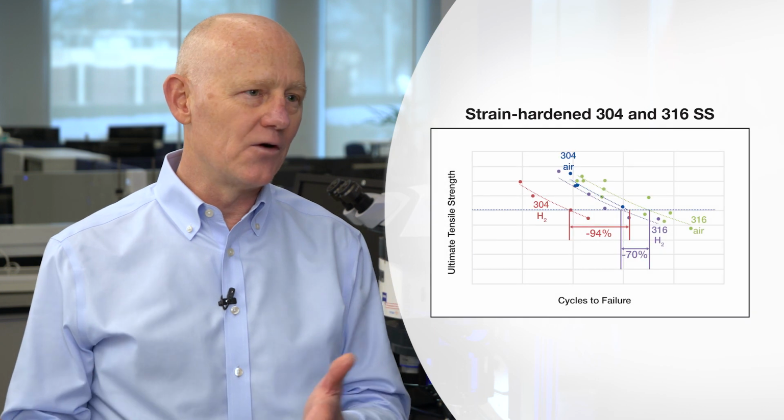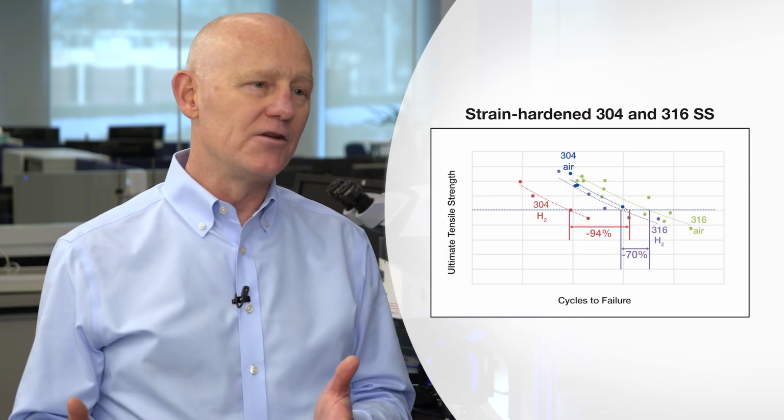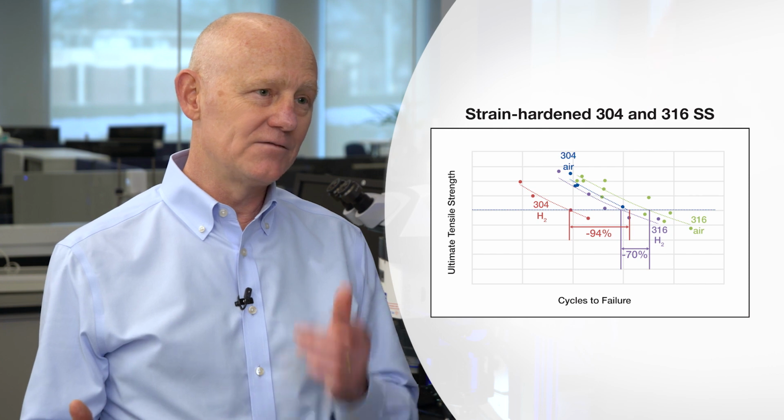so really good. But of course, in a real component, we're not designing to load till fracture, right? Instead, what happens is cyclic pressure cycles or external cyclic loading results in accumulated damage through fatigue. And so it's important to understand how fatigue gets affected by hydrogen. If you test 304 stainless steel and compare its performance in air and in hydrogen, you lose about 90% of its fatigue cycle life. If you test 316L and 316L with a slightly better alloy content, you get about a 70% loss in cycle life. So that's still significant.